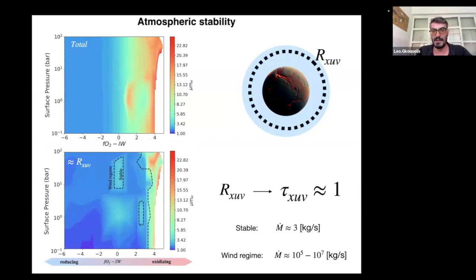Now I'm going to define another concept here, and I will just follow my cursor because this slide is very busy. So within the atmosphere of the planet, I will choose a specific layer in the atmosphere, which I'm calling RXUV. This is basically the layer of the atmosphere where the high energy radiation that comes from the star will actually get deposited. Or in other words, it is where the optical depth of the high energy radiation of the star will reach unity, more or less.